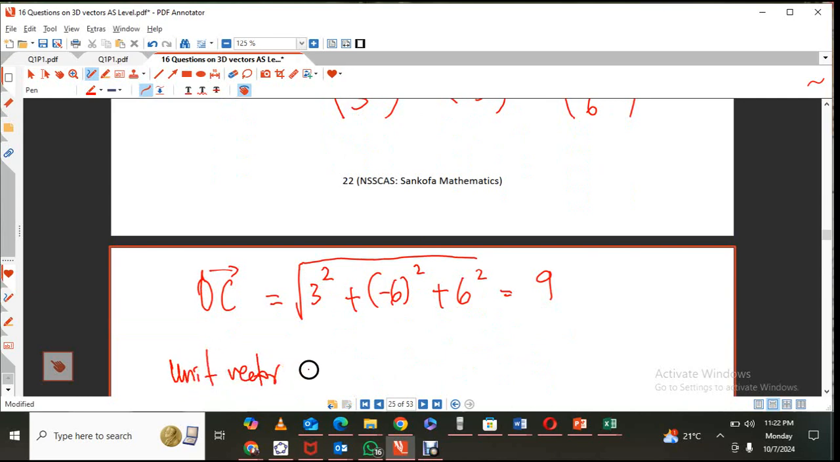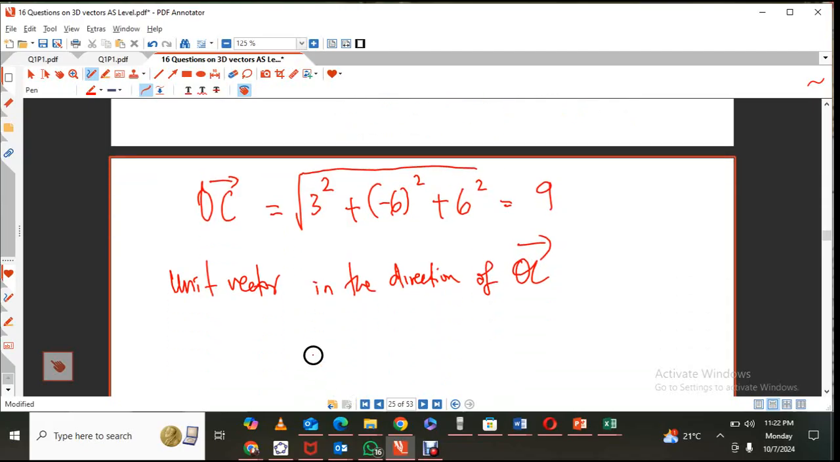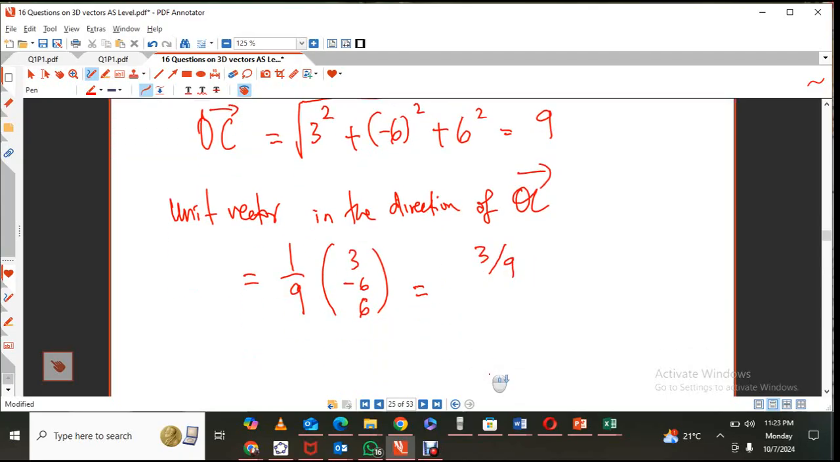which is a vector of magnitude 1, in the direction of OC will be 1 over 9 times vector OC, which happens to be 3, negative 6, as well as 6. Okay, well, you can go ahead and multiply each one of those things. You can say that is 3 divided by 9. Multiply 1 over 9, and then you have negative 6 divided by 9, and then you have 6